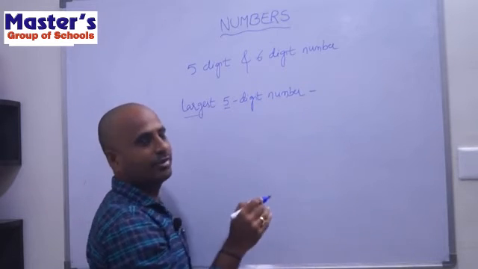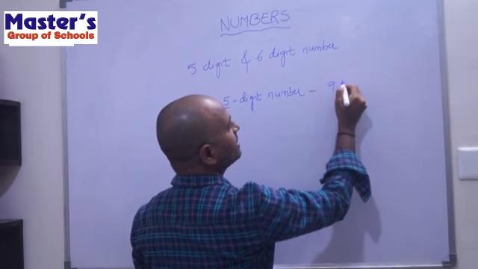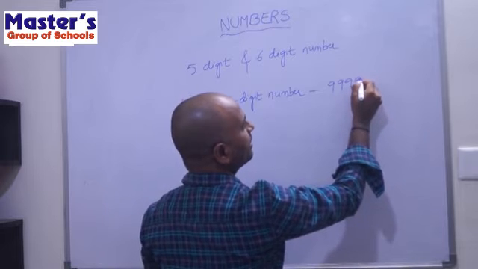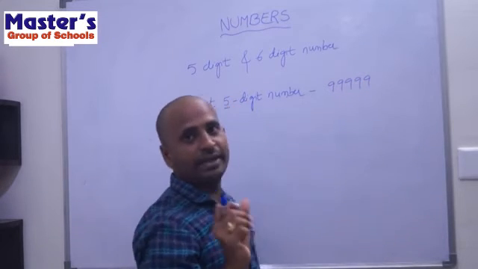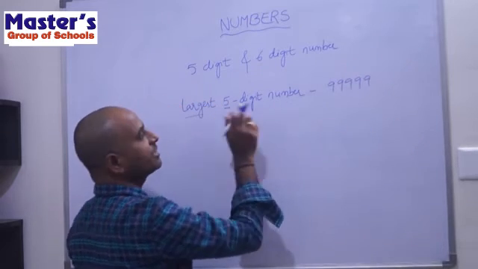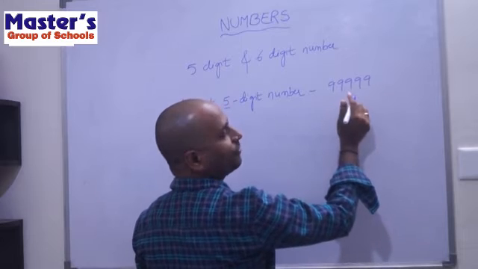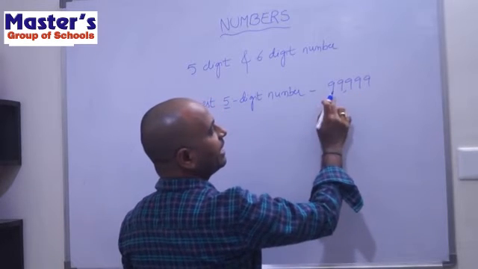So that's why we simply write 5 nines: 9, 9, 9, 9, 9. So 9 is written 5 times. This is nothing but the largest 5-digit number, and it can be read as